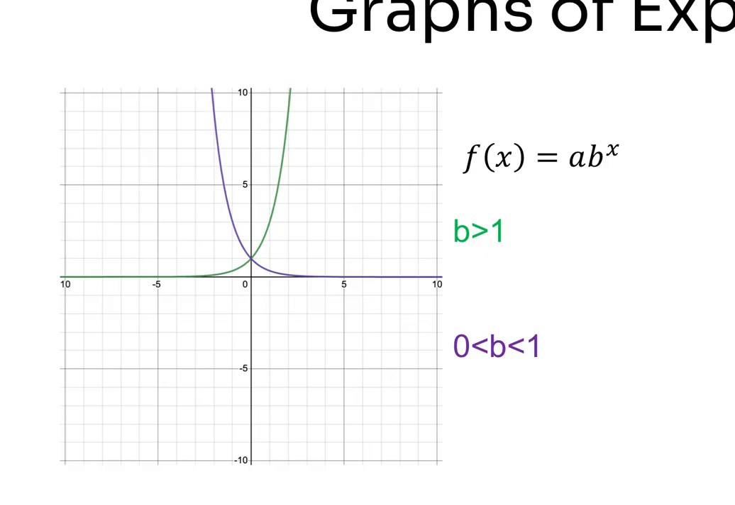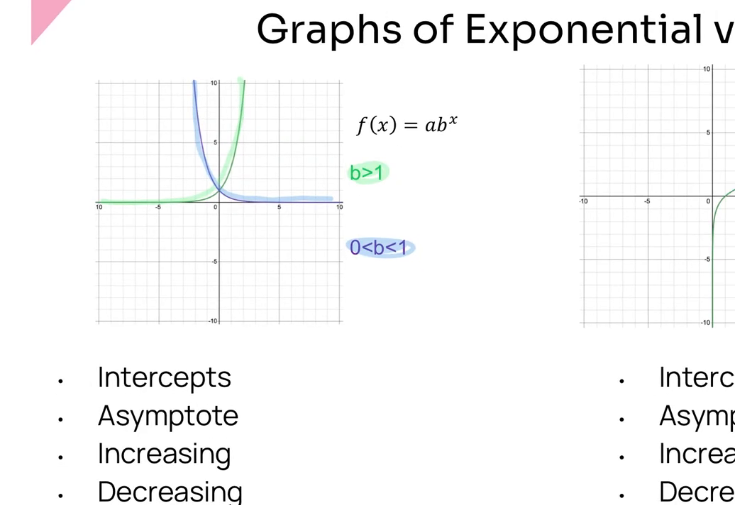If my b is greater than 1, this is the result of a growth model. So my graph looks like this. And if my b is in between 0 and 1, this is my decay model. So it looks like this, okay? Both of them have similar